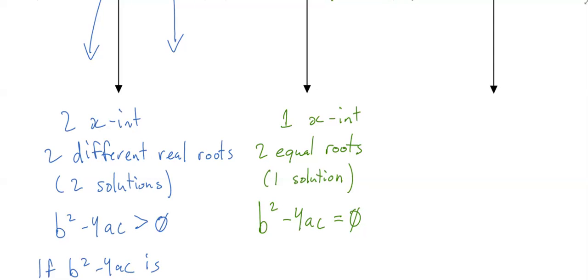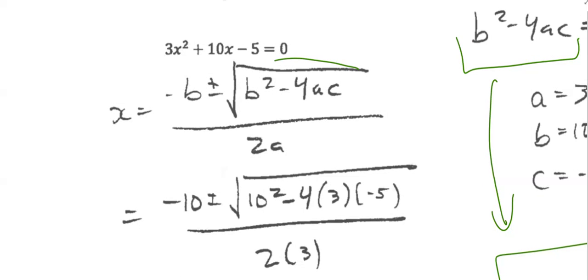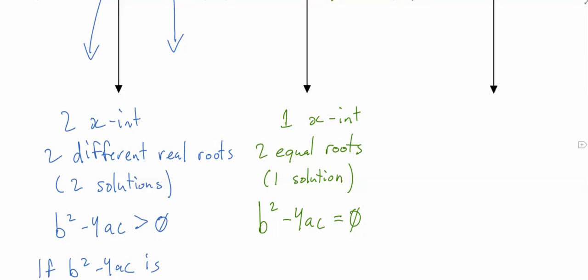And again, if you think about the quadratic formula, if b squared minus 4ac is 0, the plus or minus doesn't matter, because that's the thing you're adding and subtracting, so you only end up with 1 solution. Okay, so an example of this